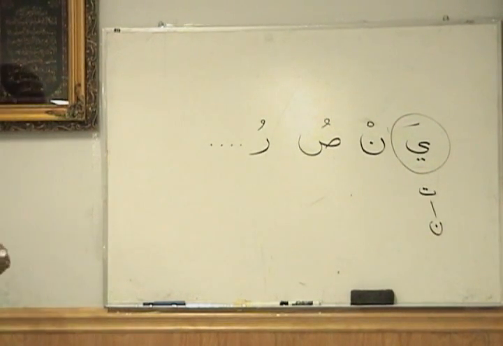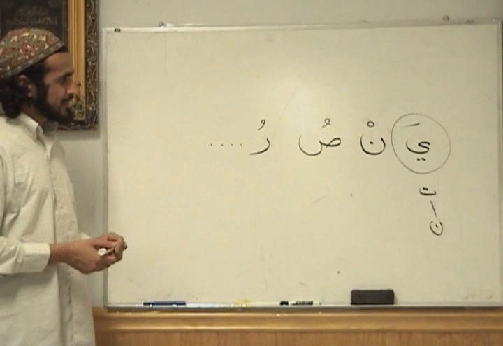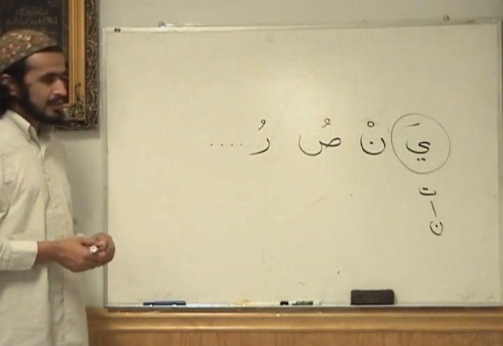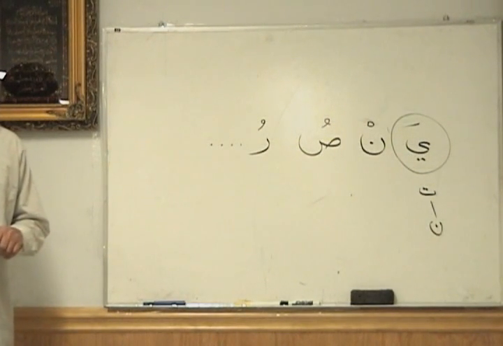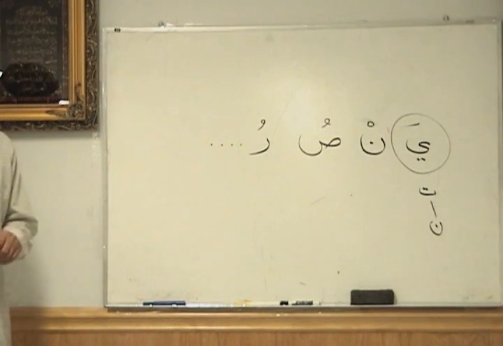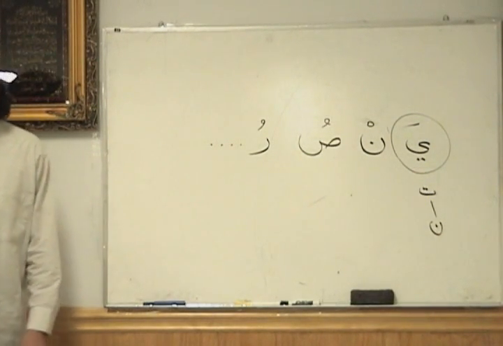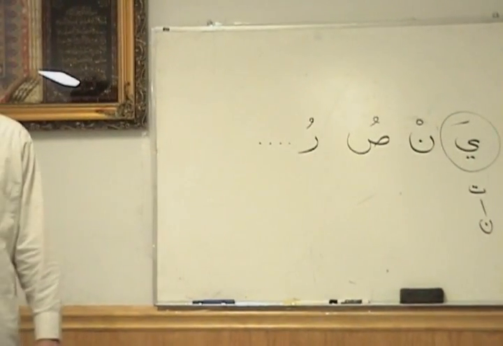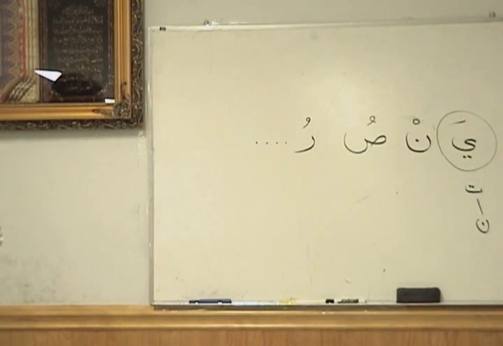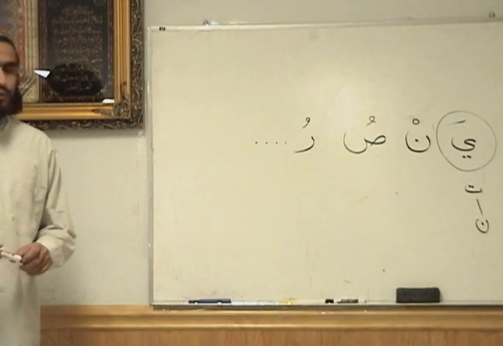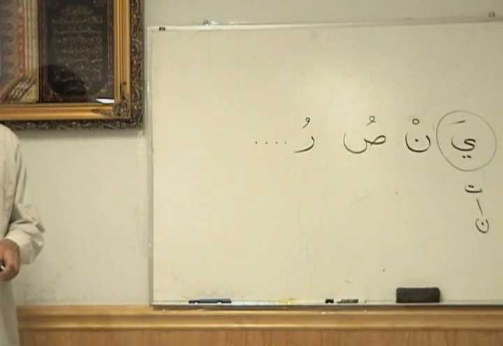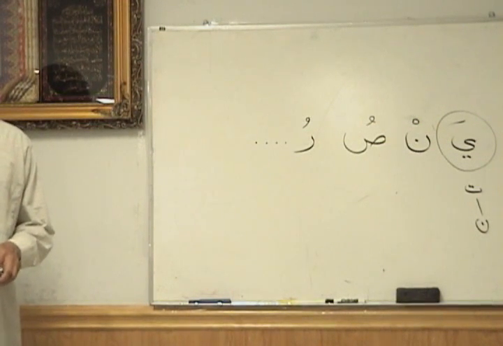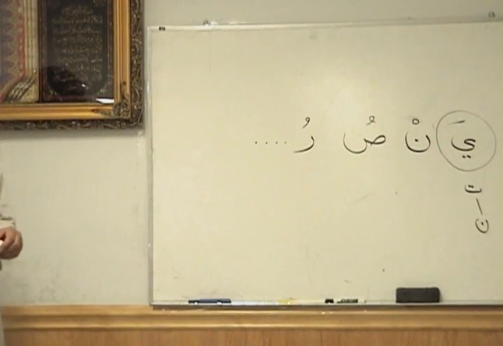The dual for this one, you just add alif and nun at the end, right? Yansurani. We did that yesterday. Yansuru, yansurani, yansuruna. Tansuru, tansurani, yansurna. For third person. And for second person we will have tansuru, tansurani, tansuruna, tansurina, tansurani, tansurna. And for first person we will have ansuru, nansuru. So we have that from yesterday. So to change that to majhul,